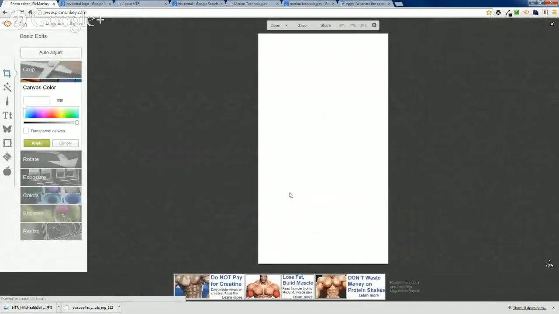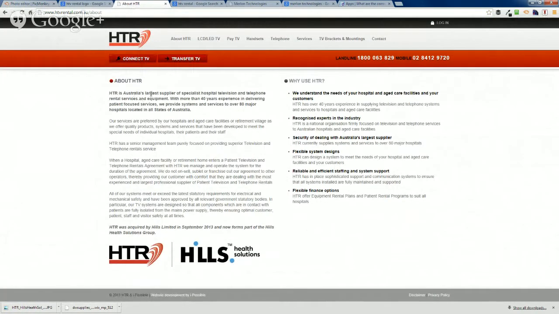Okay, so this is my blank canvas. Here are all my editing functions on the side. My client today is HTR. They are Australia's leading supplier of specialised hospital television and telephone rental services and equipment. I'm going to start off by finding their logo, and I can see what their background colours are. For the most part, it's obviously a white background, a logo, and I might grab an image as well if